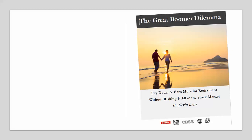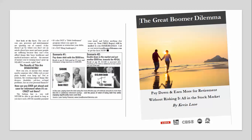Once they pay down the debt, then take the money that they were thinking of using and put it into the stock market, and they'll actually do better. So we're able to show this with some different examples. But in this scenario, let's say you had $500 a month that you're thinking about putting into the market. Well, if you take that same $500, pay down your debt first, and then put it in the stock market,